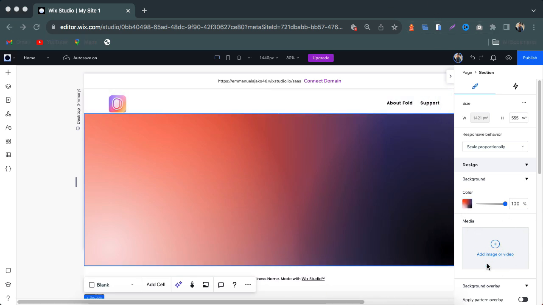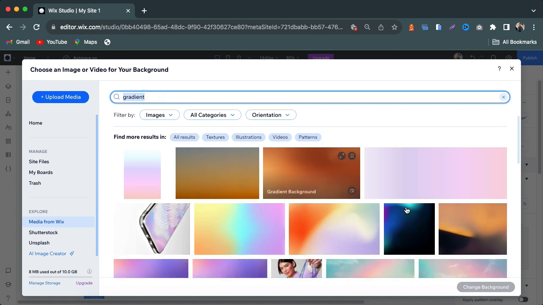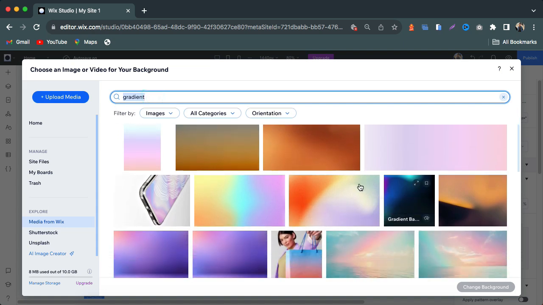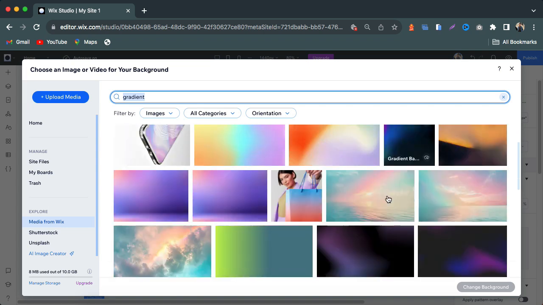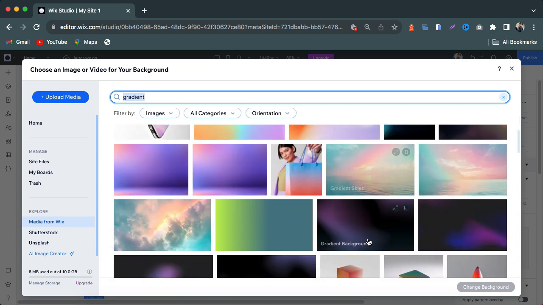Now the other way to add gradients is to use an image. Maybe you don't want to be selecting the colors here individually, and just add an image that already has a gradient. What you do is click on add image, and right here from media from Wix, just search for gradients. And you can see you have a whole library of already designed gradients that you can use for your sites. Just select one,